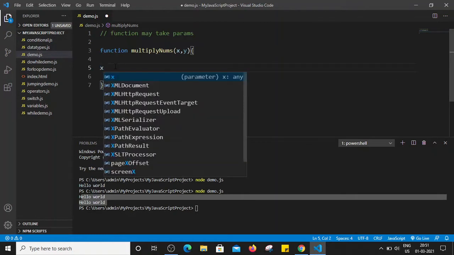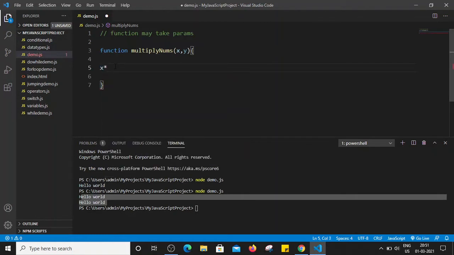So x is going to be multiplied by y, x into y, and we are going to store that result in a result variable. So let result is equal to x into y. My result variable will store the value of x multiplied by y.